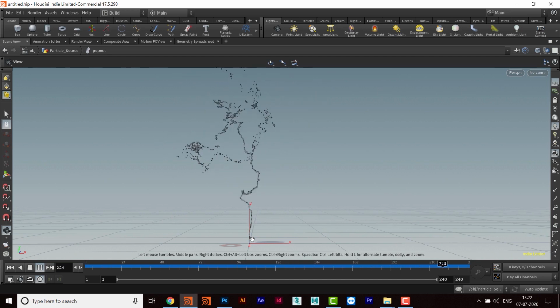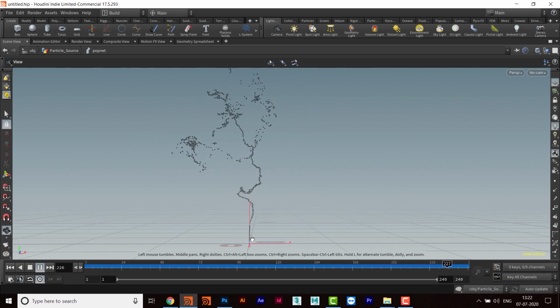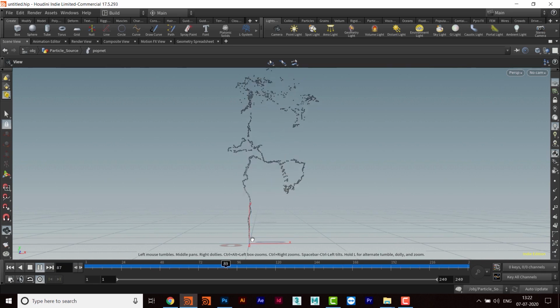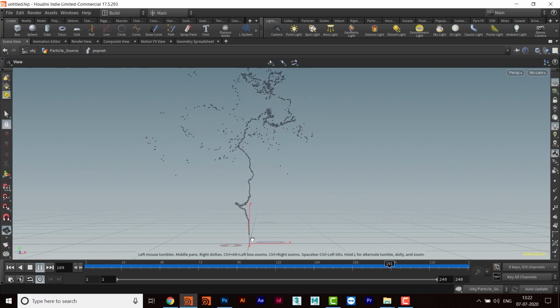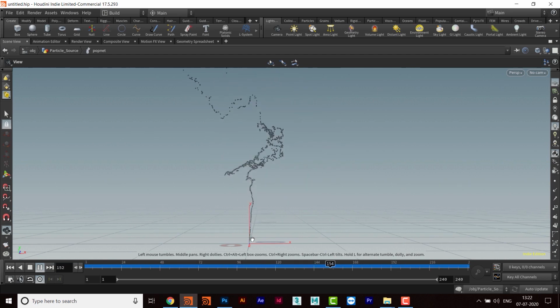Maybe I'll be creating it very soon, and then we can see the second part of the particles, and then instead of taking a single point as a source, maybe I'll be taking a geometry and then try to get some more practical things on that. That is what I try to do all the time.